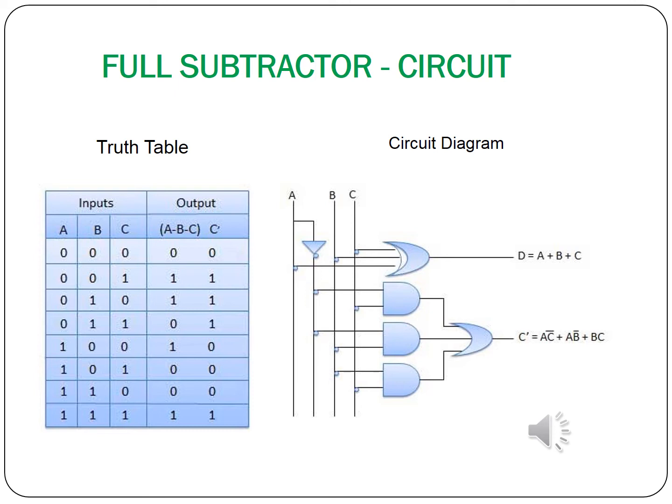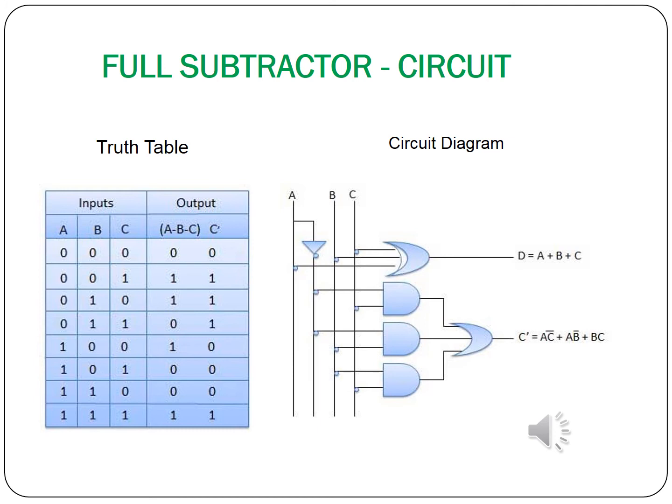Another combination, 0 1 0. The difference is 1 and the borrow is also 1. 0 minus 1 is not possible, so a borrow is needed, so 1 is borrowed, so 1 minus 0 is 1, so it's 1 1. Another combination, 0 1 1. It's also 0 minus 1, so it's 1 1, so 1 1 minus 1 is 1, so 0 1.